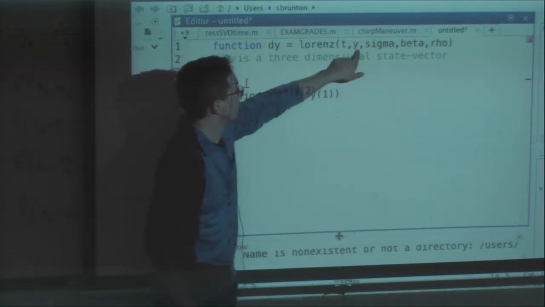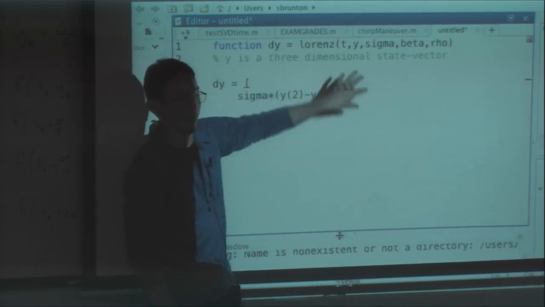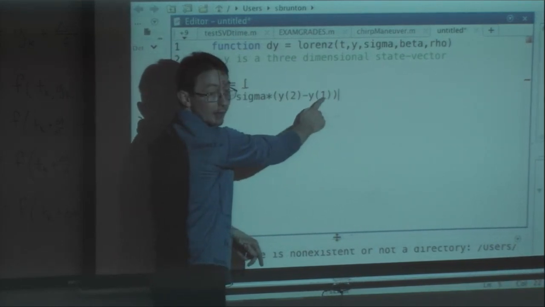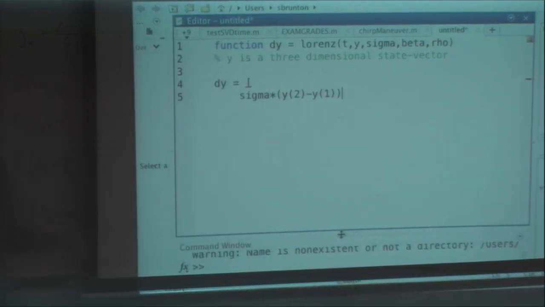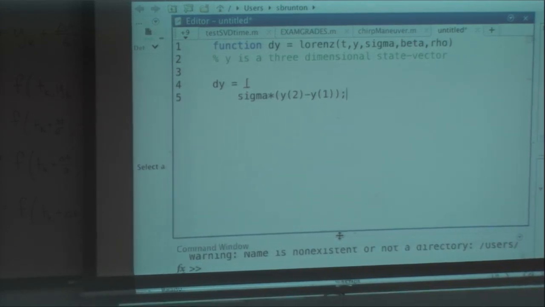This y in MATLAB is a big 3-vector, and it contains x, y, and z. So y2 is y, y1 is x, and y3 is z. Sorry, it's kind of a bad naming convention, but I'm going to stick with it.